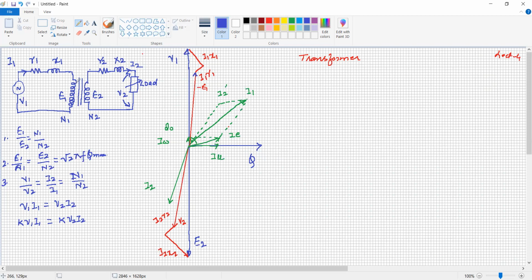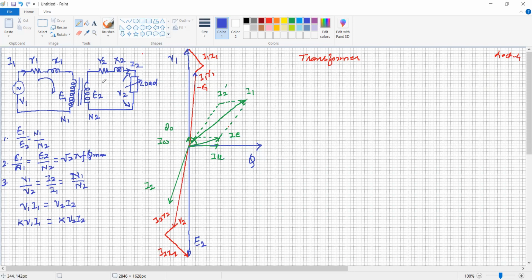But in practice, there is some resistance of the winding. Definitely, all the flux produced by the primary winding does not link with the secondary winding. There is some leakage flux, and because of this leakage flux, leakage reactance comes into the picture. So a practical transformer has resistance, which causes copper losses. It has some eddy current and hysteresis loss, called the iron losses, as well as some leakage reactance.